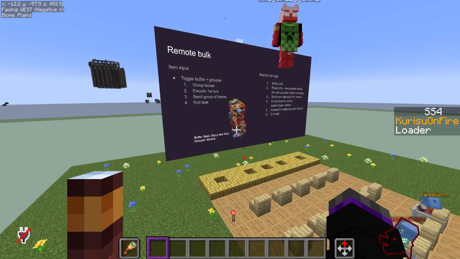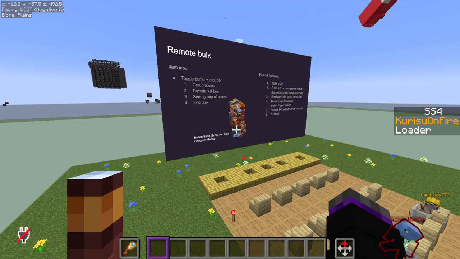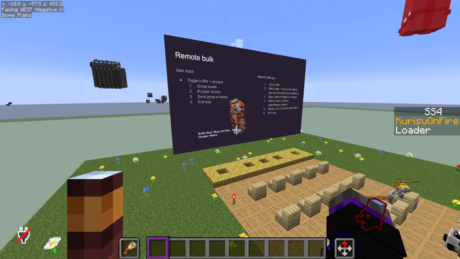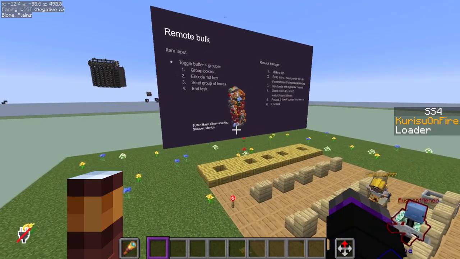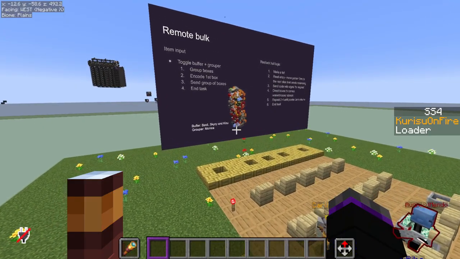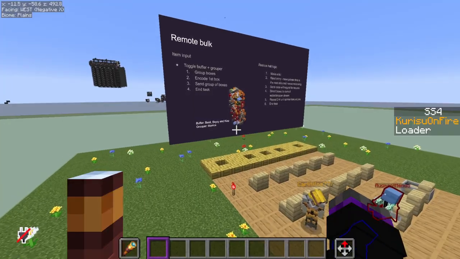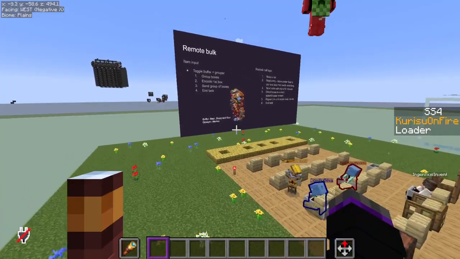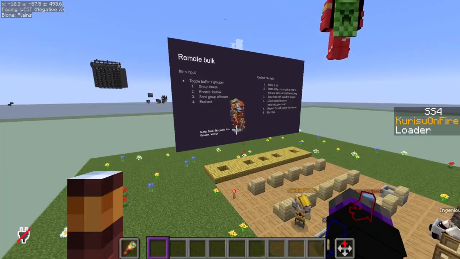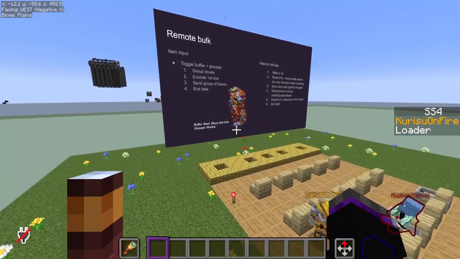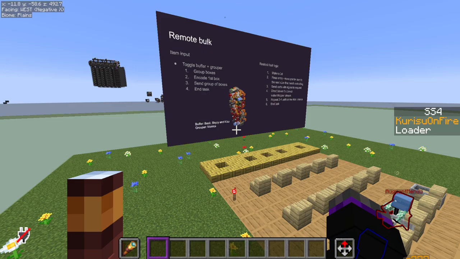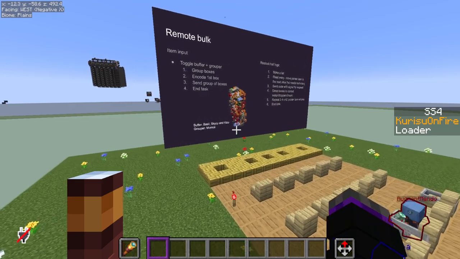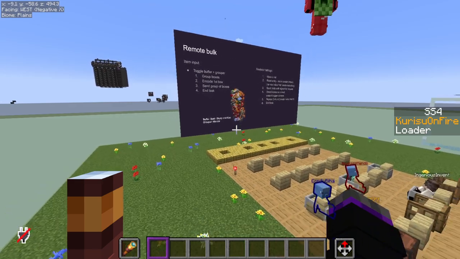So I use toggle buffer plus grouper made by Basil, Skyzy, and Kizu. Grouper by Monica. So we need a buffer because we will be sending a lot of boxes, maybe of different types. We want to store them somewhere, not just as an item entity, but in containers, right? And we don't want to be sending boxes one by one to remote bulk, because that would be just really